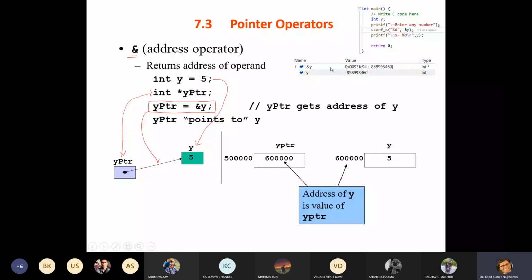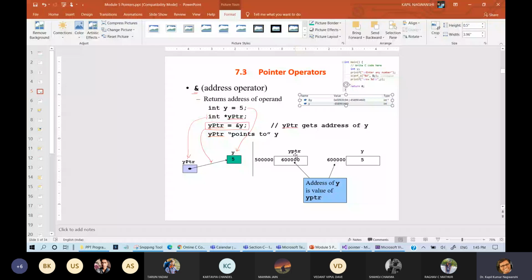If you want to access this variable and modify a particular thing, here you can see that 5 is written in Y and the address of this is this. If this pointer is declared, the pointer holds the address of Y, and the address of each thing has a different meaning. So when I am using Y pointer, it holds the address of this particular location. And if I want to access this pointer value, this shows this particular value.